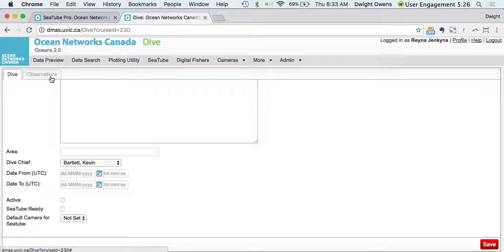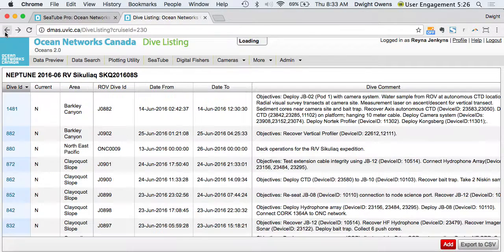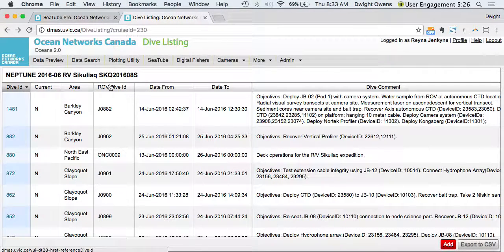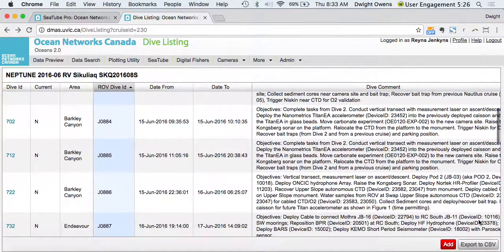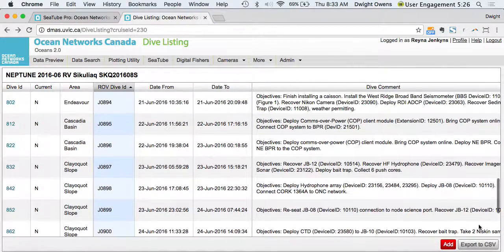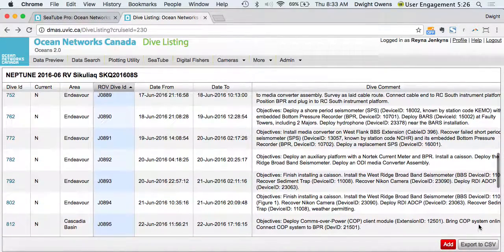The observations tab, so I haven't saved this dive, so I can't actually create observations yet. I'm going to go back and look at a historical dive. So just getting used to this 2-finger thing. If we look at a historical dive,